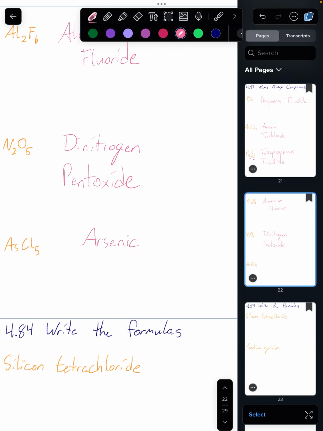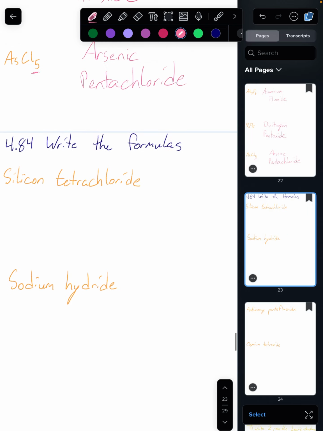So we already know arsenic. And then it's just knowing what that 5 is. It would be penta. So pentachloride. Okay? Now, going the opposite direction,